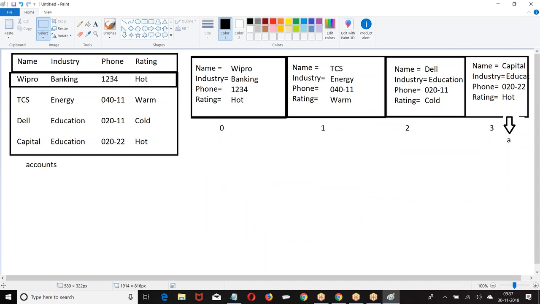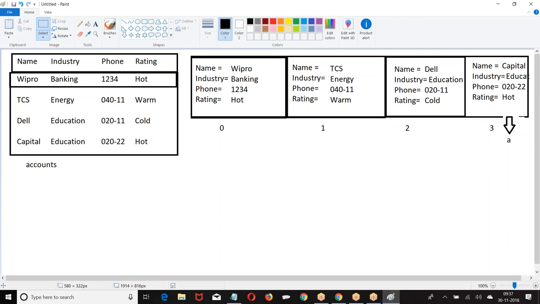The next example says, if industry is energy, update the rating as hot. Take one by one record from the list of accounts. Assume that we already have a list of accounts. If industry is energy, update the rating as hot.